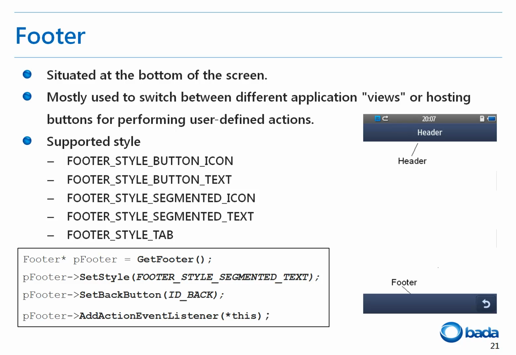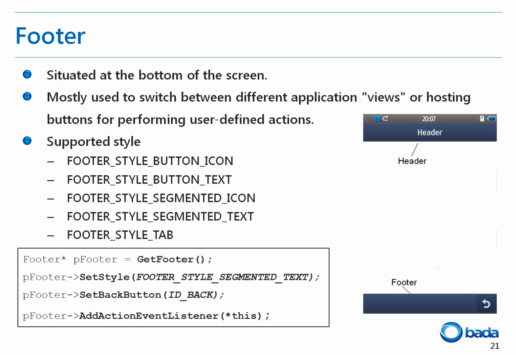The code snippet shows the implementation of a footer. First, to get the footer object, call the getFooter method. The setStyle method sets the style of the footer as footer_style_segmented_text. The setBackButton method adds a back button to the footer, the events for which can be received in the listener added by the